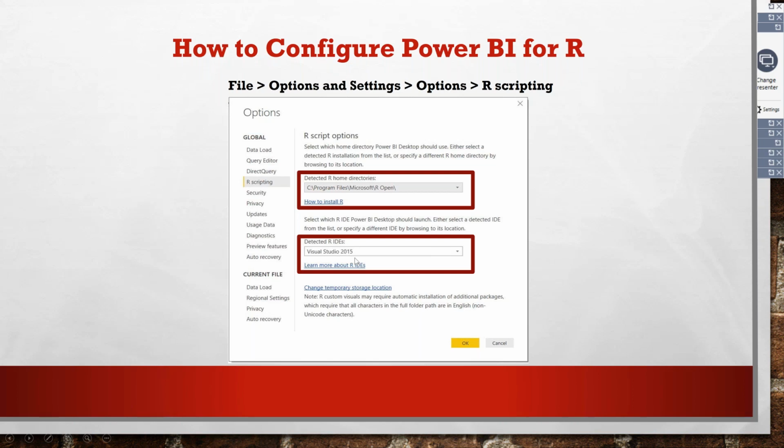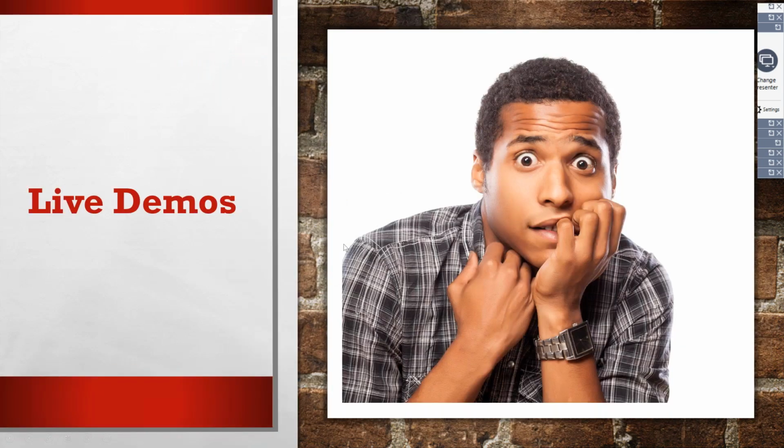You'll see that right here I have Visual Studio 2015 selected, but you can also choose R Studio. On the machine I'm using right now, I have Visual Studio 2017. So you need to note that Power BI doesn't have that on the list as of yet. So if you're on a machine that has Visual Studio 2017 and doesn't have Visual Studio 2015, you would need to use another IDE. And in this case, on this machine that I'm using today, I use the